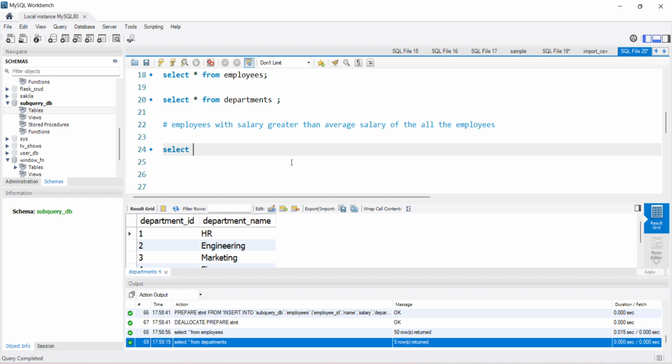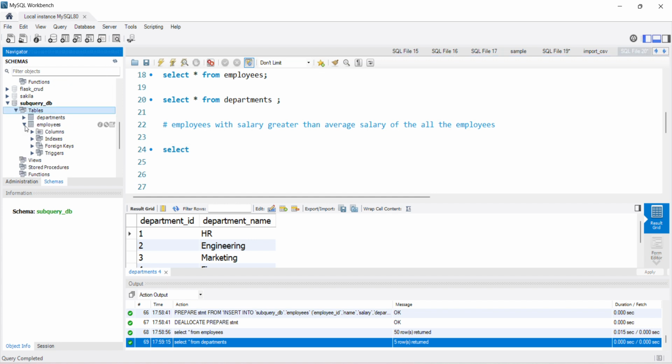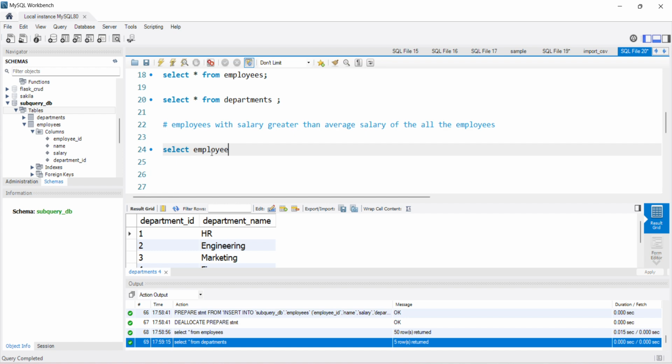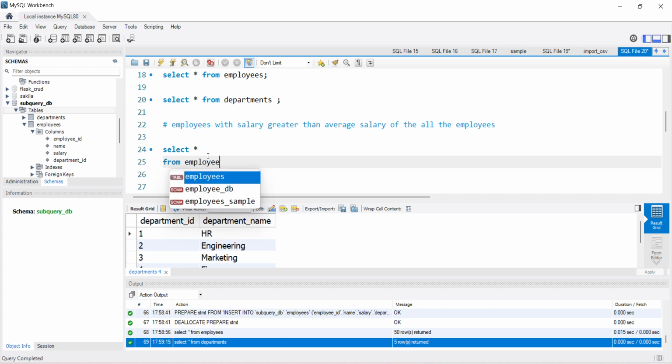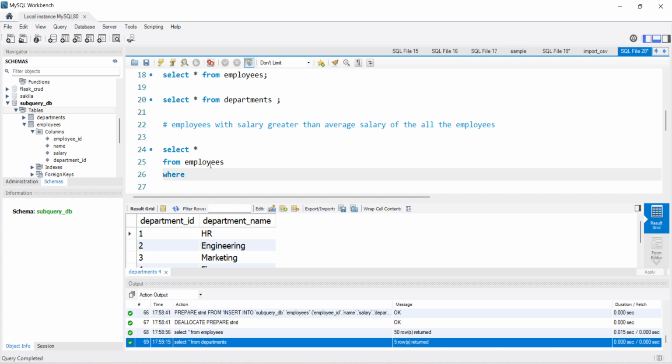I'm going to select from employee what are the records. I want to refresh this over here, expand this. Okay, employee ID is there, name is there. I want to select all employee records first of all. Later we'll specify those particular columns. Okay, select all records from employee where his salary is greater than the average salary of,